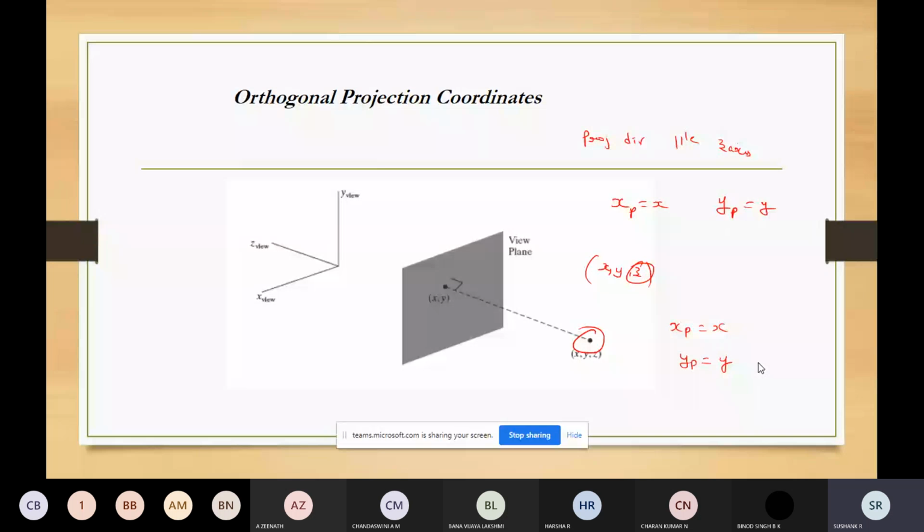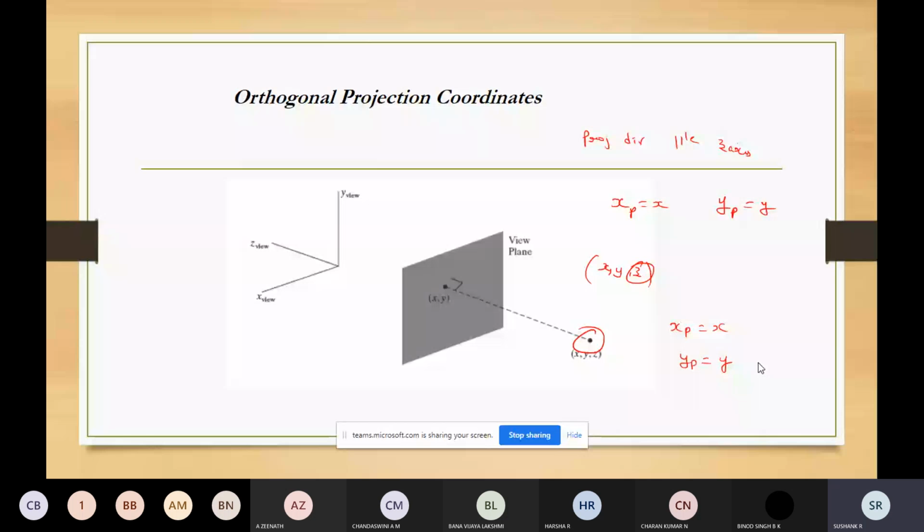So what does this orthogonal projection coordinate mean? Here the projection direction is parallel to the z view axis, and the transformation becomes in terms of x and y. For any point represented by x, y, z in the viewing coordinates, the projection transformation is xp equal to x and yp equal to y.